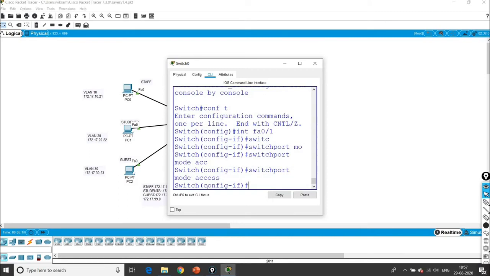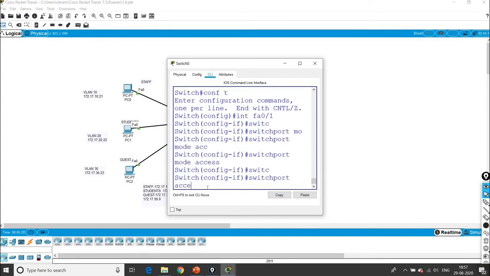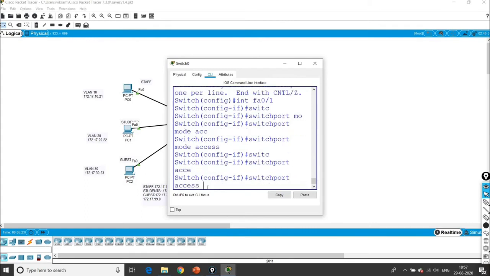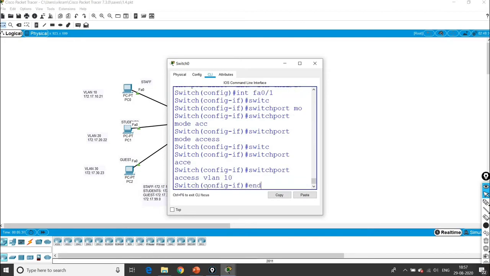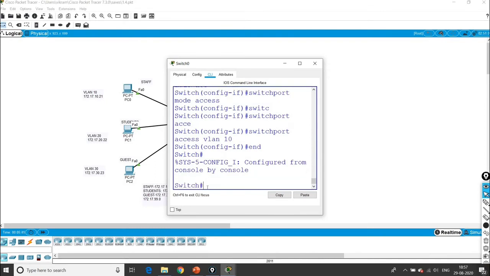Any device connected to that port will be associated with the VLAN here, so for that we are using this access port. Next, switchport access VLAN 10. Okay, end.